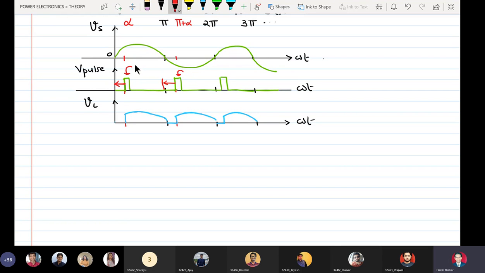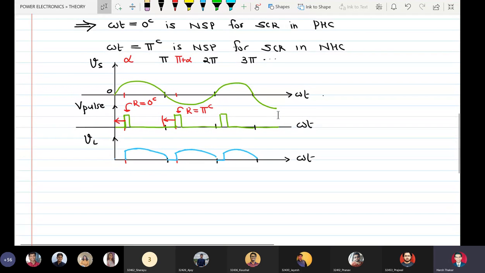So here the reference is 0 degrees or 0 radians, and for this firing pulse the reference is pi radians. So omega t equal to 0 and omega t equal to pi are two timing instants which actually exist